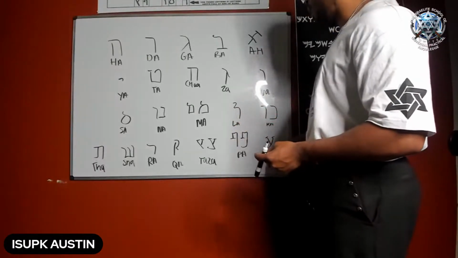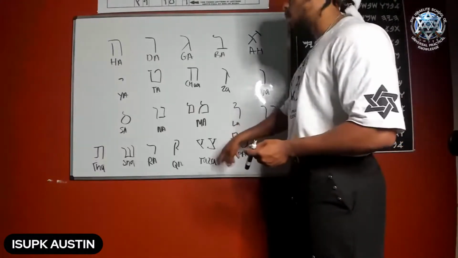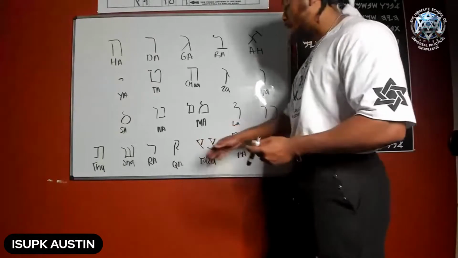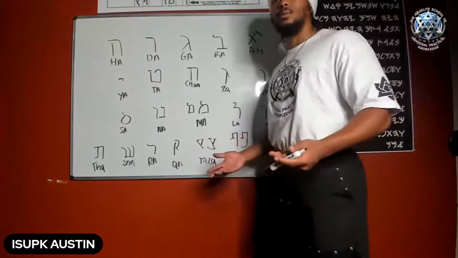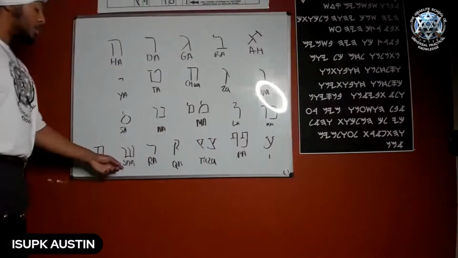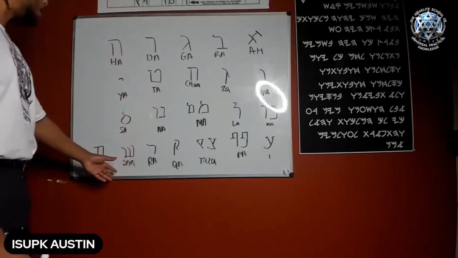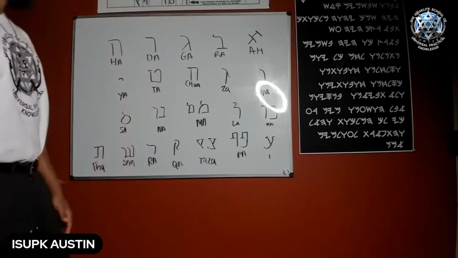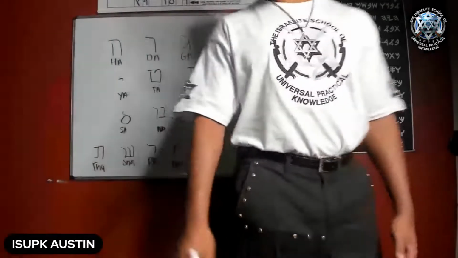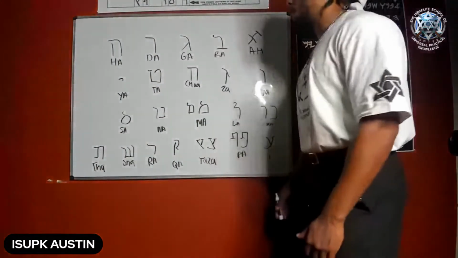I remember always saying Ya was easy to do because of the Y. Taza I remembered was Taza because it's another Y, but the way it's shaped just reminds me of something. But Sha was a cool one to write. Sha is the same thing with it being ancient, like a W, right? And Tha, like I said. So of course, yeah, Sa is easy too. Sa is just like a circle, right? I remember Sa and